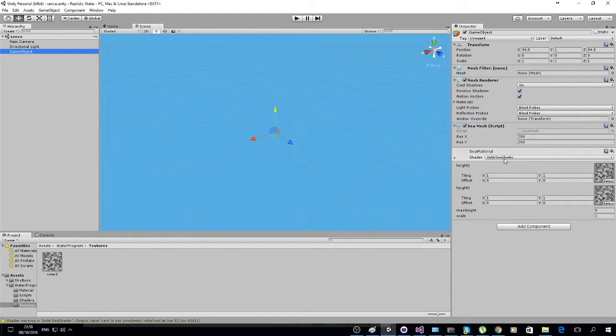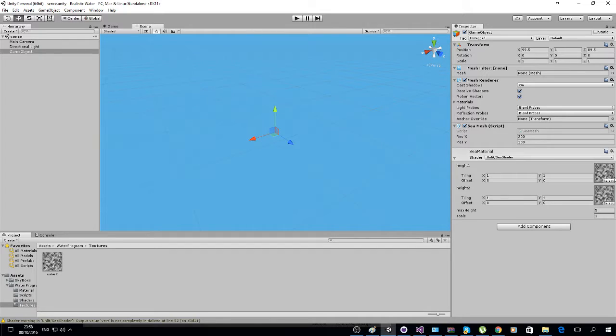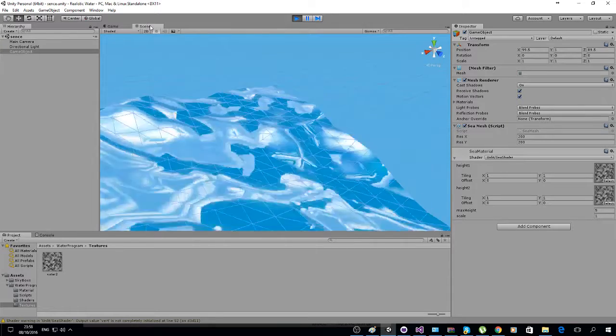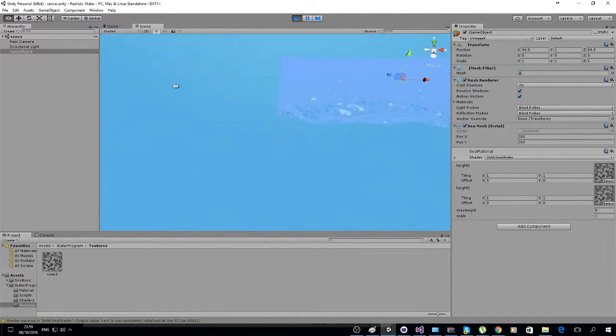So I have this game object. I already changed it to our shader. This is the wave, and I put the texture inside it. And when I press play, you can see the wave. Now, if you want, you can put the scale to be really low, and the wave will be